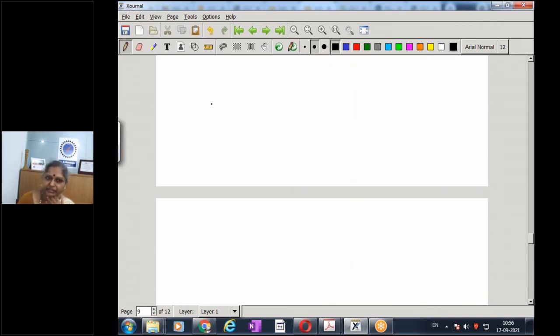If I give you a signal, let us say x of t is a cos omega t, is this periodic or non-periodic? In general, x of t is given by a cos omega t. Is the signal periodic or non-periodic? Periodic. So is it a power or an energy signal? It's a power signal. Very good.